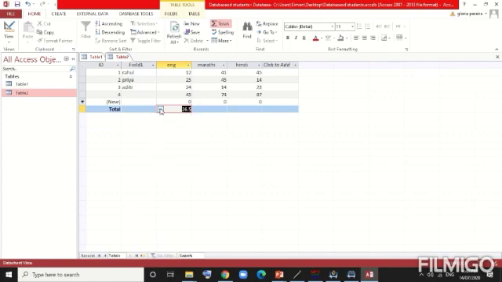The maximum and the minimum numbers which we require are directly available. So whatever information you want to find out from the entire classroom, you can easily find out by using this total. And apart from this, if you want to do it for an individual student, you will require a query. You have to write the query for that, which we are going to see in the next chapter.